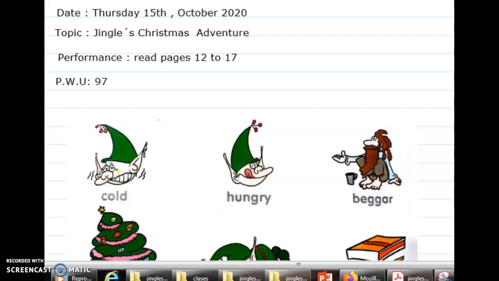Today is Thursday, 15th October 2020. Topic: Jingle's Christmas Adventure. Performance: read pages 12 to 17. And Pedagogical Word Unit 1970. Okay, first you copy that, please. And then,